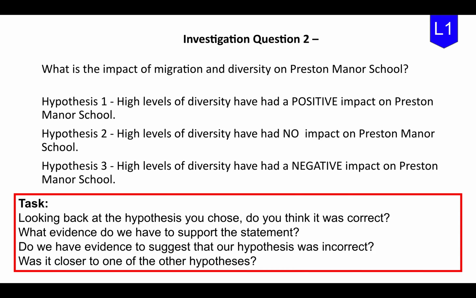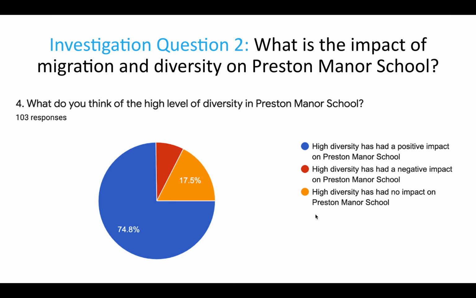Okay, now looking back at your opinion at the beginning of this, when you chose your hypothesis, do you think that that's still the case? Do we have evidence from our questionnaire that helps to support an argument to say that we have had a positive impact? Do you think that your evidence from the questionnaire shows that we've had a negative impact by having high levels of diversity? You might even want to go as deep as talking about the type of response that people gave. Sample data again, this was the fourth question in our questionnaire, and overwhelmingly respondents say that they feel that high diversity has a positive impact on Preston Manor School, and you can use the figures in this graph